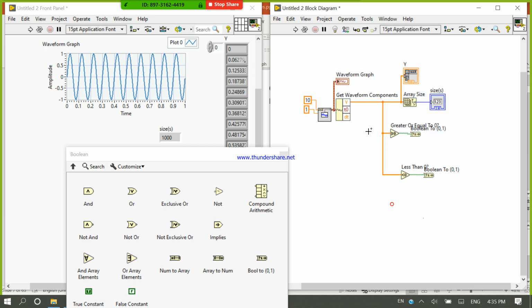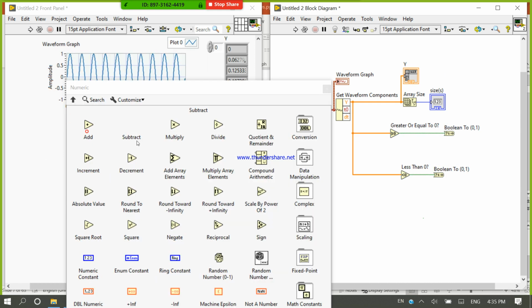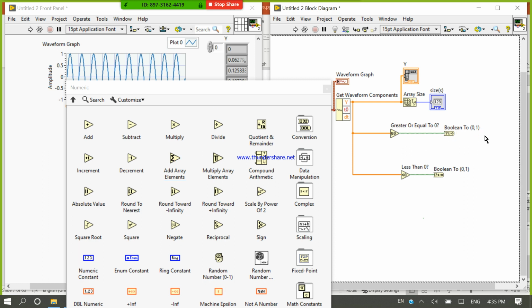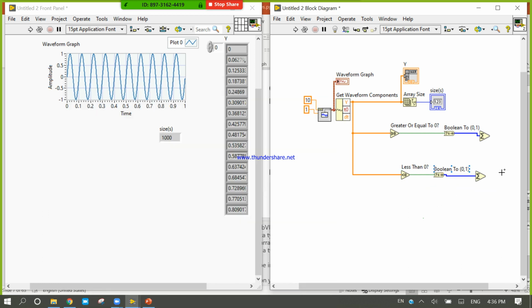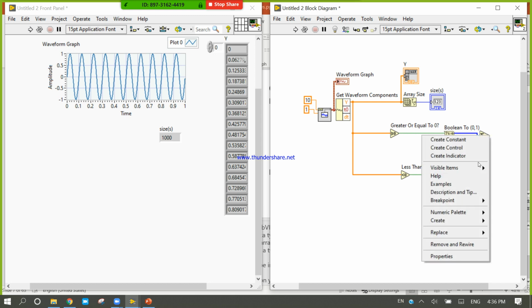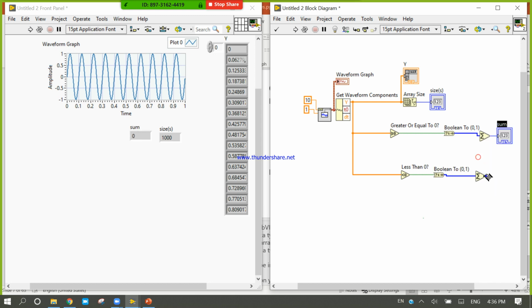Control Z, Control V. Now come into structure, add array element function, right click, indicator.